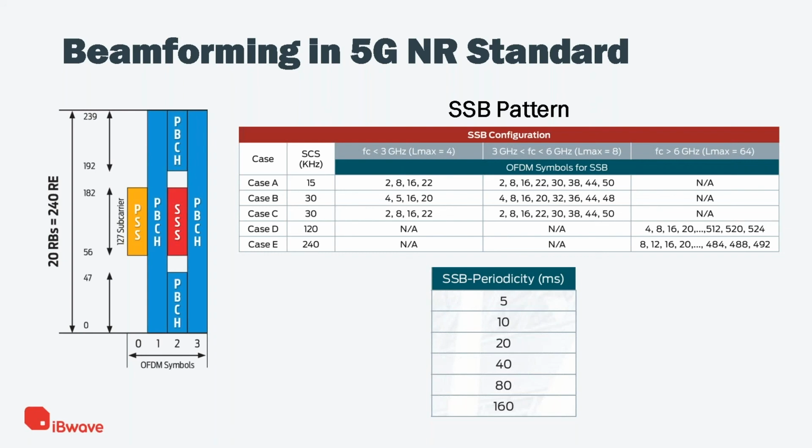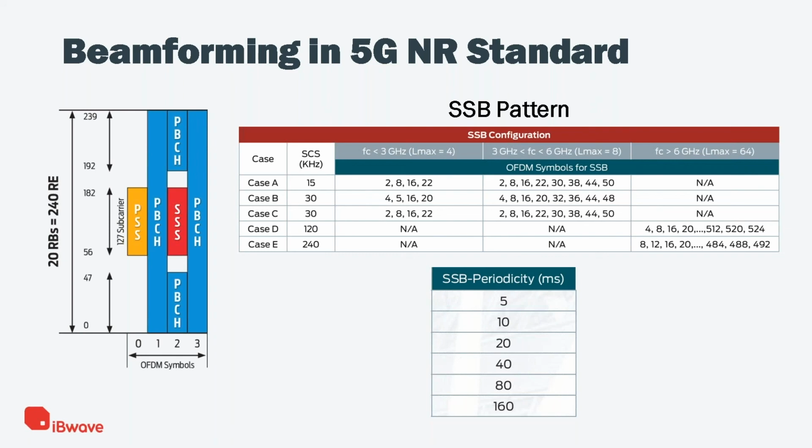So to enable the beam sweeping of these SS blocks and the broadcast channel, the transmission of this SS block is organized in a periodical series of SS blocks, called SS burst set. The number of SS blocks in one set depends on the frequency of operation. The table above, under SSB pattern, shows the maximum number of SS blocks in an SSB